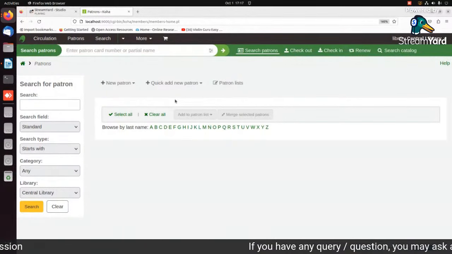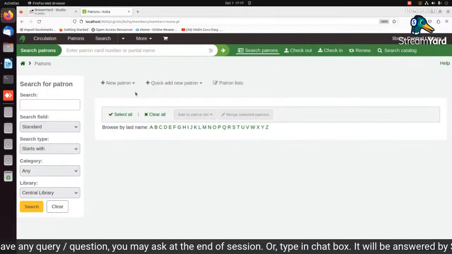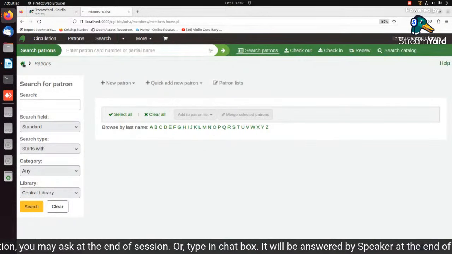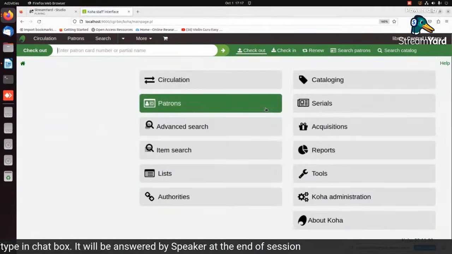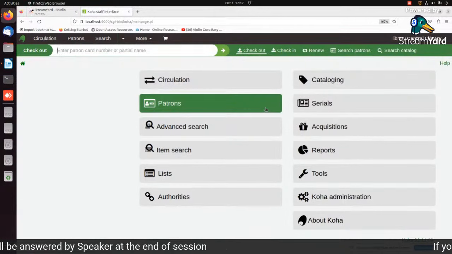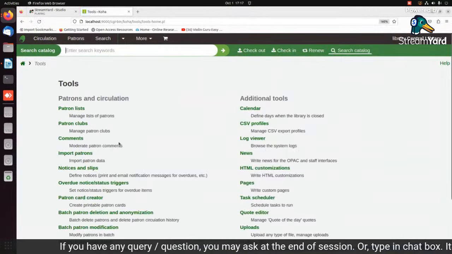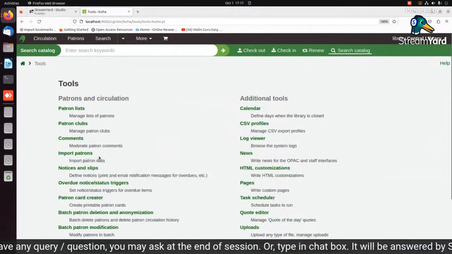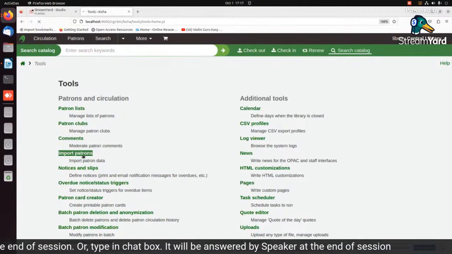Let me finish the circulation, and after that I'll discuss how you can migrate the data. So this is the process of adding a record like this. And now another method, bulk import, which you can do through an Excel file. For that you need to go to Tools, and there is an option, Import Patron. You click on Import Patron,